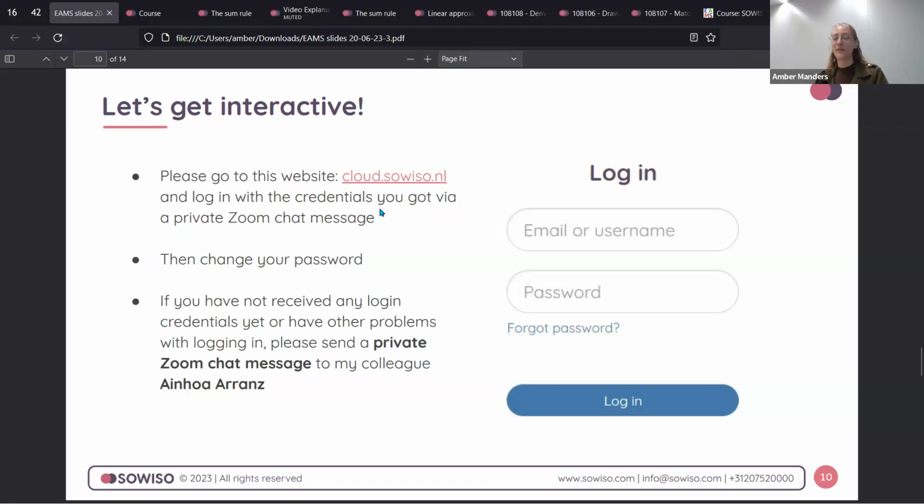If you log in for the first time, it will ask you to change your password, so you can do that. If you have any problems or you haven't received anything yet, please message Anoa for me, and then she can help you. I'll leave this on for just a minute so you can open it and check it out for yourself a bit.